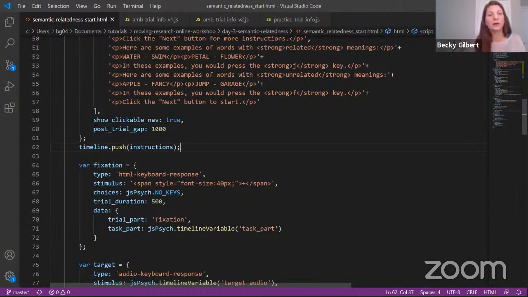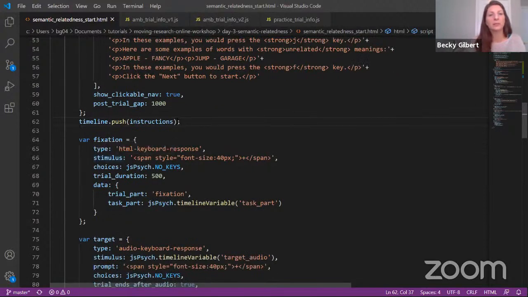We can look at this by removing this line here that says timeline.push instructions. If we comment this out,